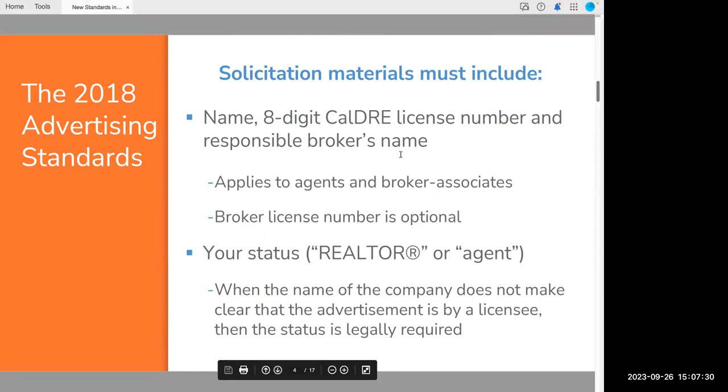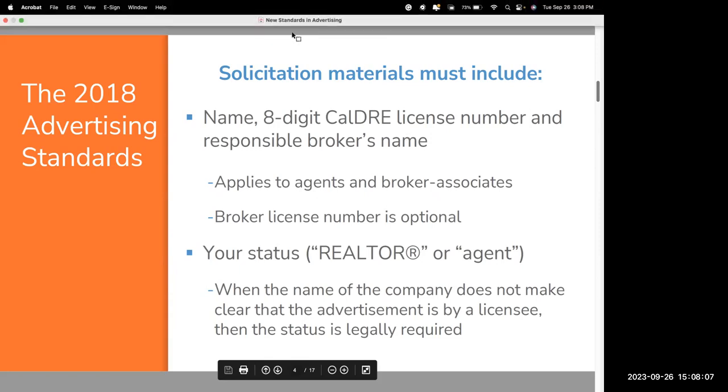So the license number is yours. The license, and we're going to dive into it. Yes, your license number. We're going to also talk about, because I get this quite often, do we also need to put the brokerage ID? That's later on in the presentation. The answer is optional. You don't have to, as long as you have your DRE license number, then you're perfectly fine. Remember, everything is about being in compliance, right? And that applies to